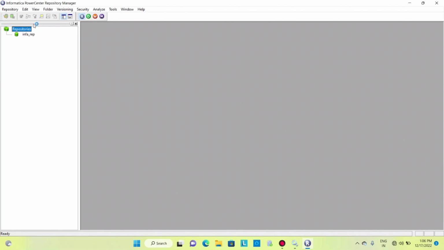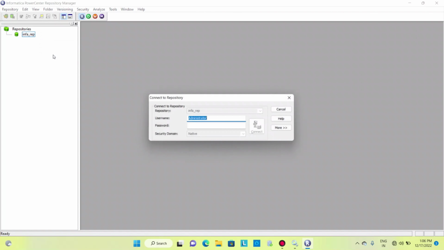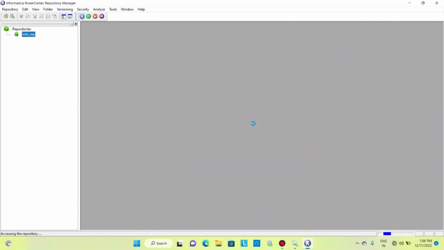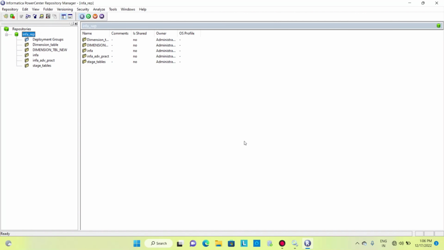But before adding this repository, you need to have this repository set in your admin page, so you can add from here. Then we can connect to the repository with your password. This repository service is connected to the integration service, which will help to run all the workflows, sessions and mappings,